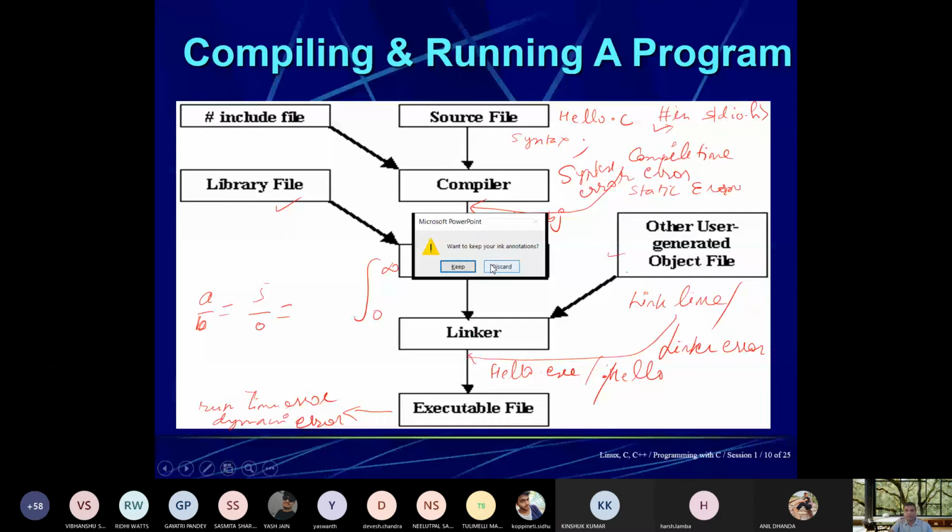Modifiers used with C are signed, unsigned, long, and short. All of these can be applied to character and integer data types. The long modifier can also be applied to double, long double. The base data types available in C are character, integer.